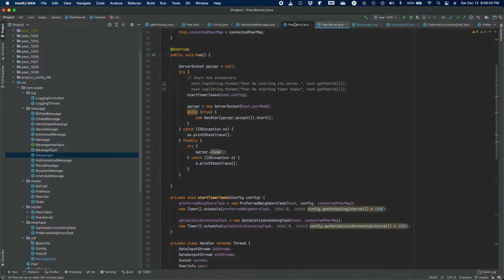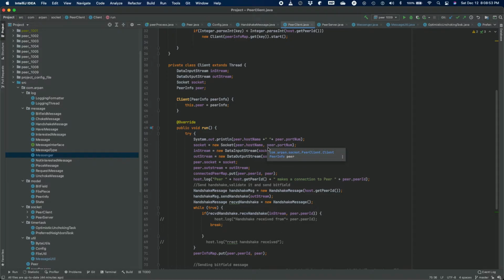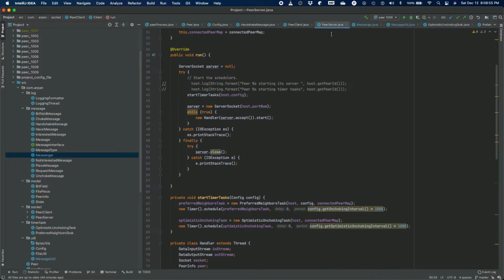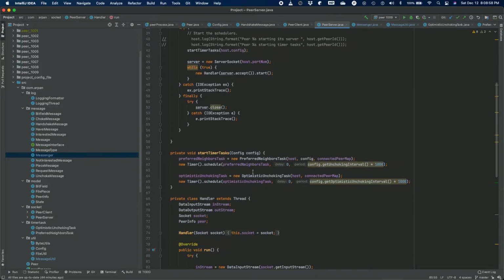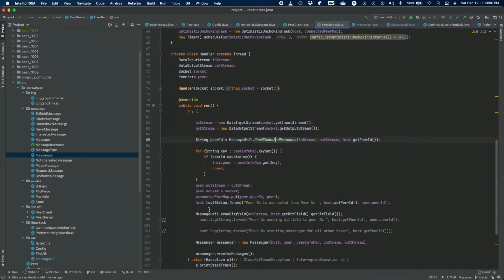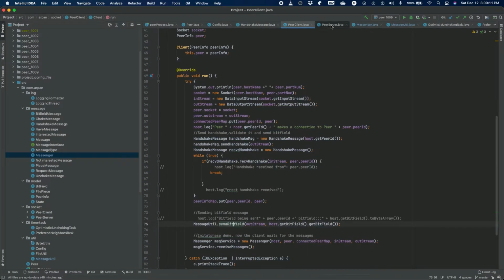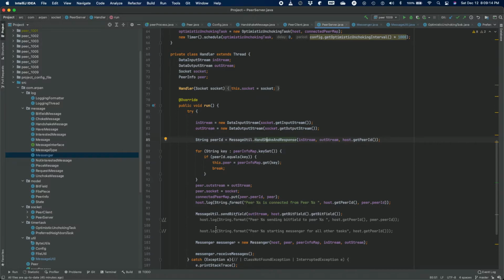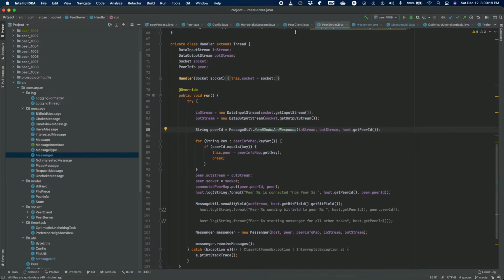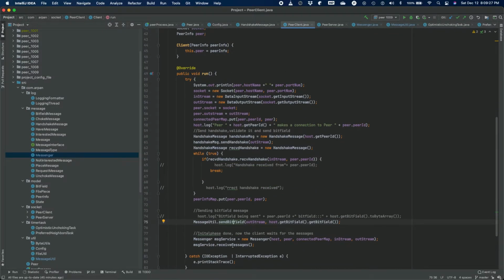All right, as you saw, the peer client, once it makes a connection, sent a handshake message to the peer server. So the peer server will now receive the handshake message, and it sends its own handshake message in response. Once the client receives that, it's going to send its own bit field to the other peer's server, and the peer server will send its own bit field. So they'll exchange their bit field messages. Once that's done, they'll both start this receive messages method, which is basically they'll start listening for messages.